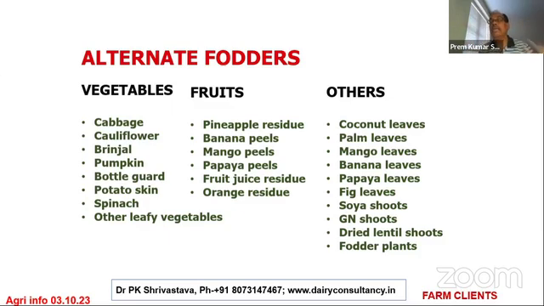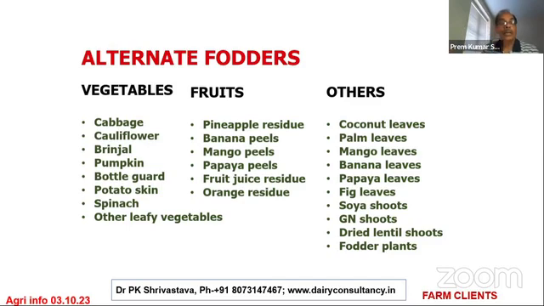Again, there is less fiber. Suppose you start feeding a lot of potatoes, sweet potatoes, all those things, they don't have fiber. So that makes a problem. So you have to be under the guidance of a consultant, taking knowledge from the consultant on what I should feed, what I should not, and how much quantity. Alternate fodders are generally fed in the quantity of 25%, not more than that.